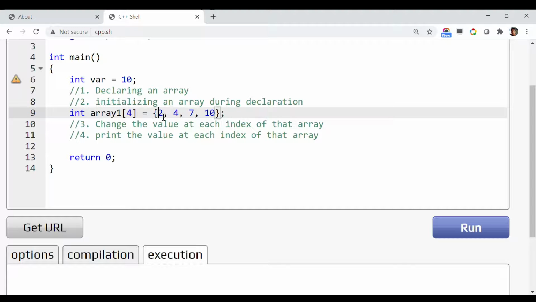So this 2 is at index 0, not index 1. This 4 is at index 1, not index 2. So always start the counting from 0. Start practicing saying "element at index 0" instead of saying "element at first location." So this is how you can